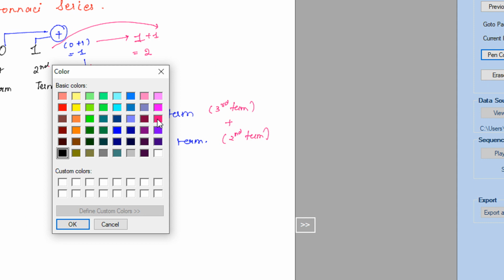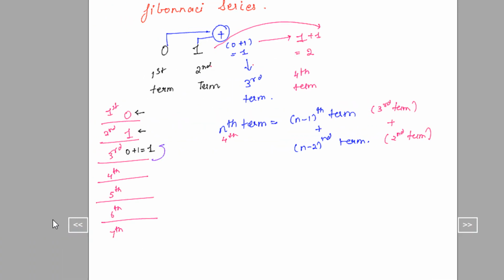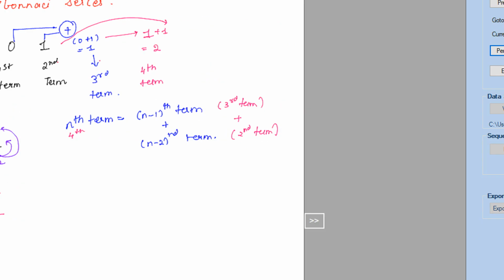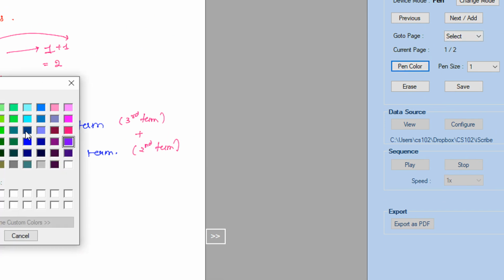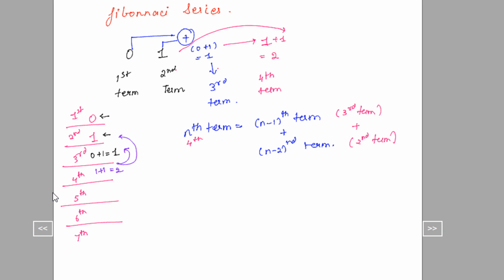And the fourth term will be the summation of the previous two terms, so 1 plus 1, which is equal to 2. The fifth term will be the summation of the fourth and third, so 2 plus 1, which is equal to 3, right?